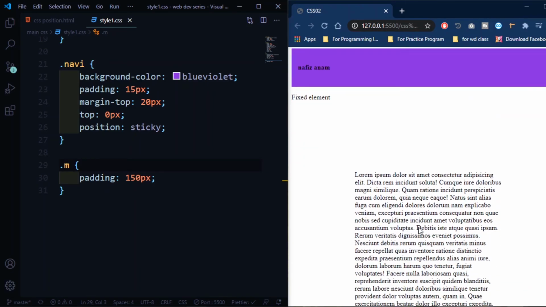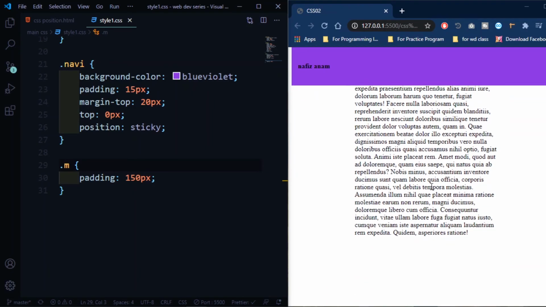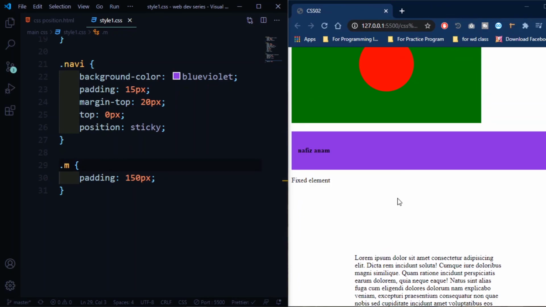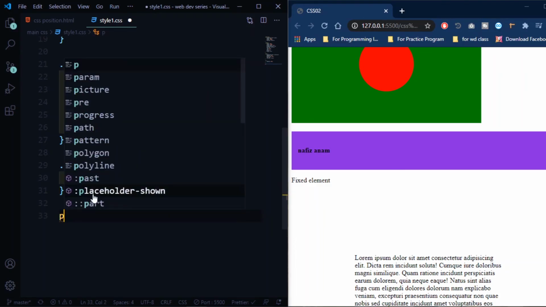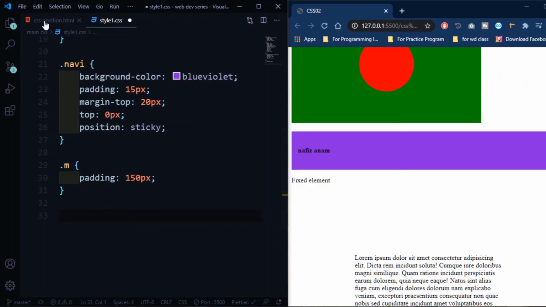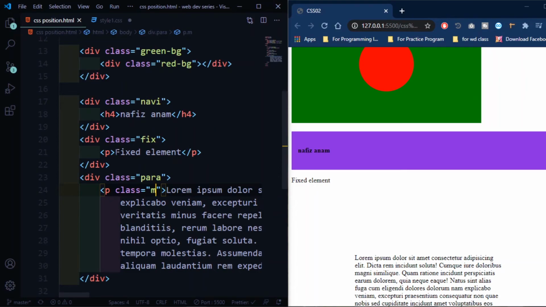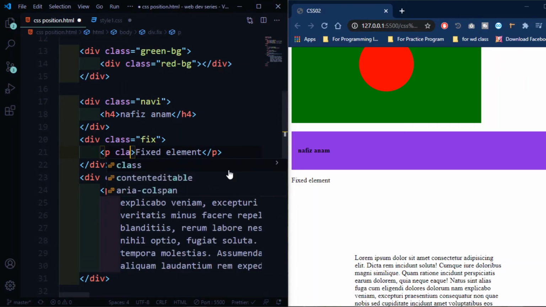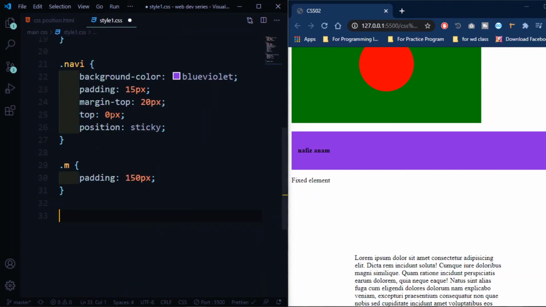We can scroll, it's not fixed, it's scrolling. So we want to make it fixed here. What we can do is reference the p. So how do we reference it? Let me give it a class. I will name it a class of f, f for fixed. So I'll write dot f and I will do